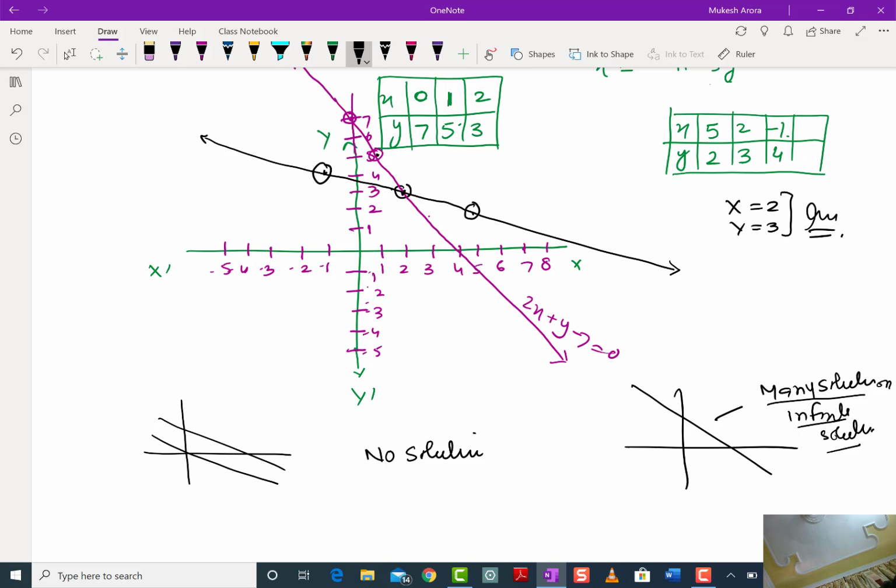So now we have some different kind of sums, which are the statement sums. Statement sums are